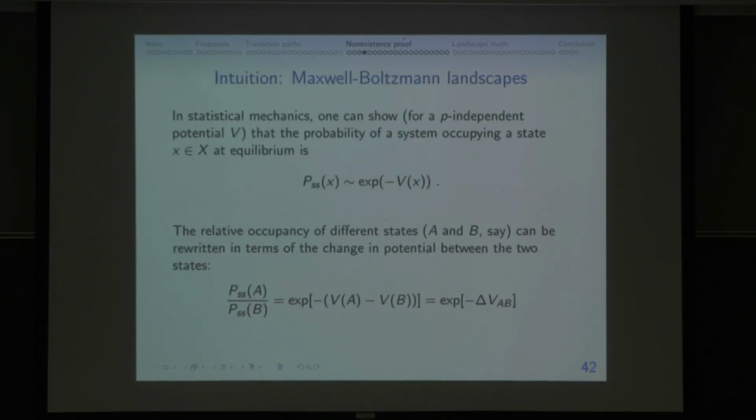Okay, so the first thing: trying to model the kind of thing you see in equilibrium statistical mechanics, the kind of thing captured by the Jin-Wang landscape. Can you have a landscape which somehow satisfies this property that the ratio of steady state probabilities of two states is like the exponential of the difference between the landscape values at those states? Like I said, we're trying to mimic physics here. Can we construct some sort of function in general that does this?